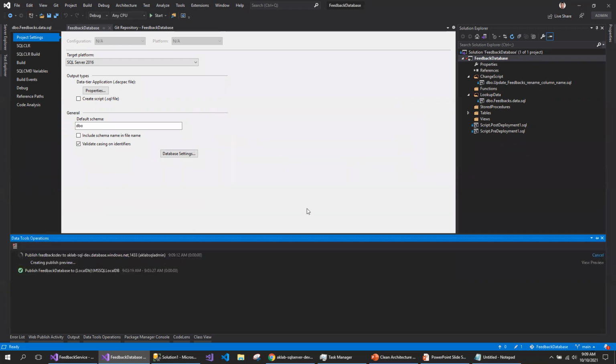I will leave it the default one. I'm trying to publish from the local Visual Studio to the Azure. I'm sure this will break, so I have to experience what that issue looks like. Sometimes this takes a minute or two.